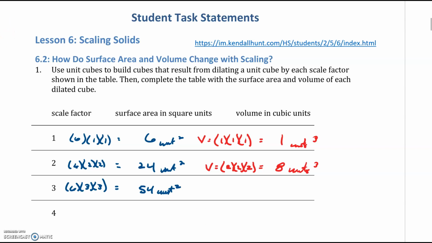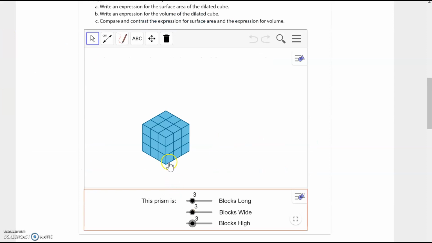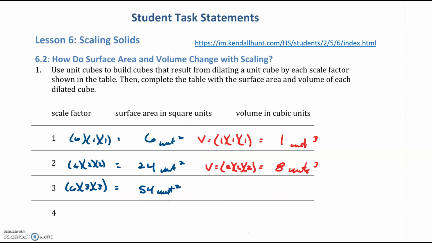Let's look at what happened to the volume. Length times width times height is 3 times 3 times 3. So 3 times 3 times 3 is 27